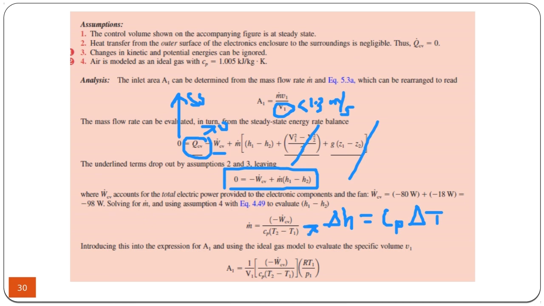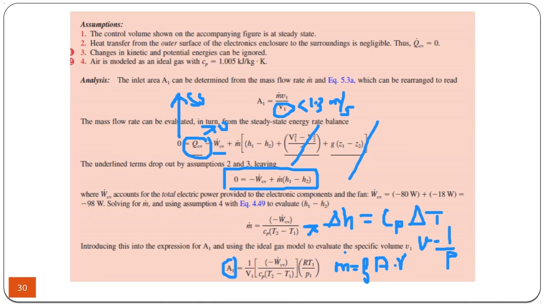And also, m dot is equal to rho times A times V. So if you combine everything in this equation, you can use m dot as rho times AV. D1 is also 1 over rho. So by combining everything in this equation, you get a relationship between the inlet area and other